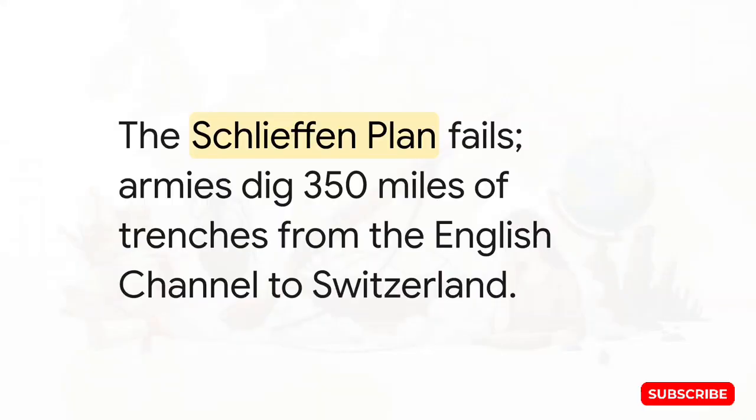Now, Germany's initial strategy completely fell apart. They were relying on something called the Schlieffen Plan. The idea was to make a massive, rapid advance through neutral Belgium, quickly crush France, and then spin around to face Russia in the east. But the plan failed. In a desperate counterattack right outside Paris, famously aided by a whole fleet of Parisian taxicabs ferrying troops up to the front lines, which is just incredible to think about, the Allies halted the advance.